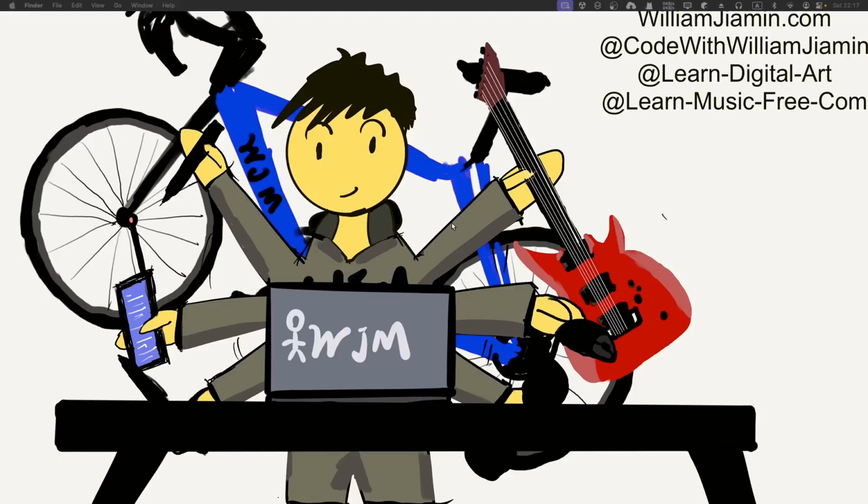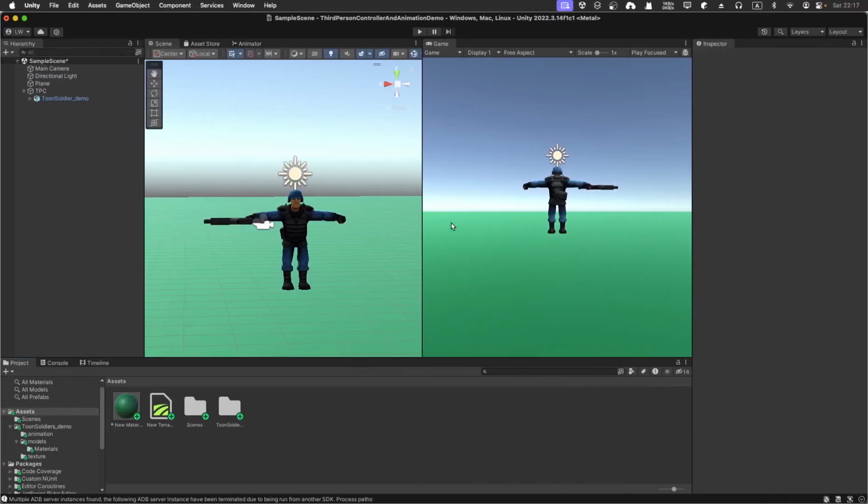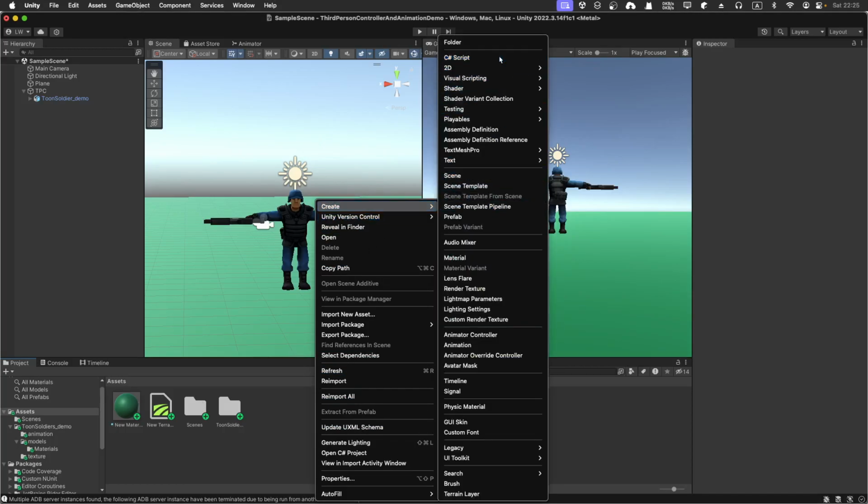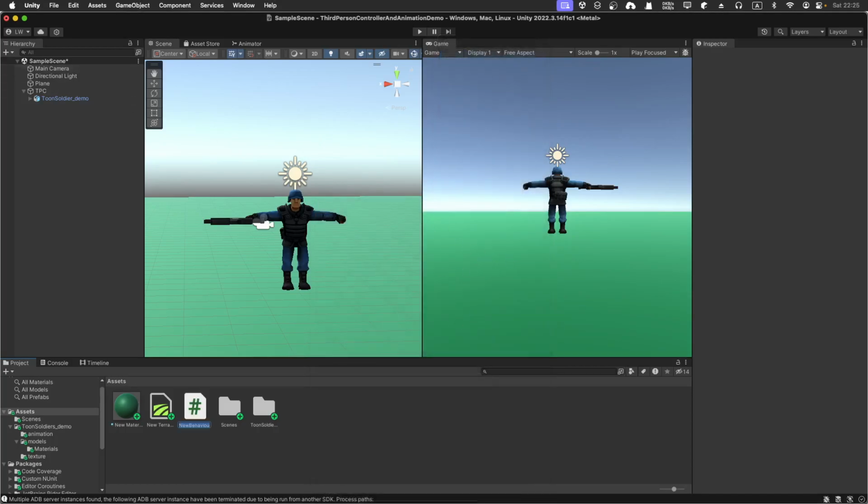Alright guys, so let's continue our Unity journey. So let's write a script. So basically you're going to write a bunch of C# script. I think it's just one C# script that will serve as the maybe just controller,